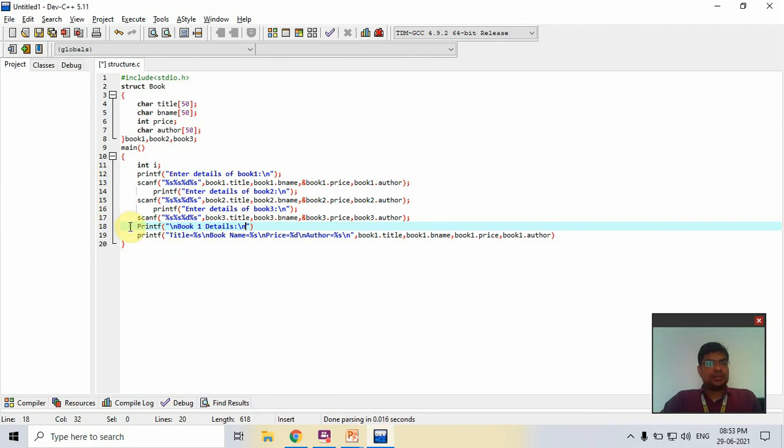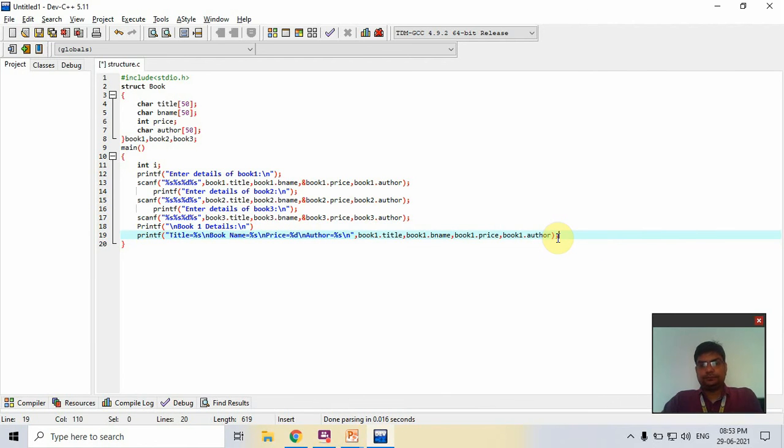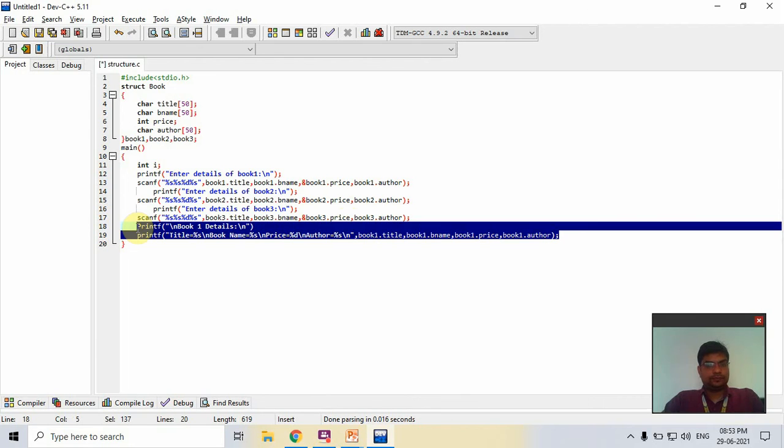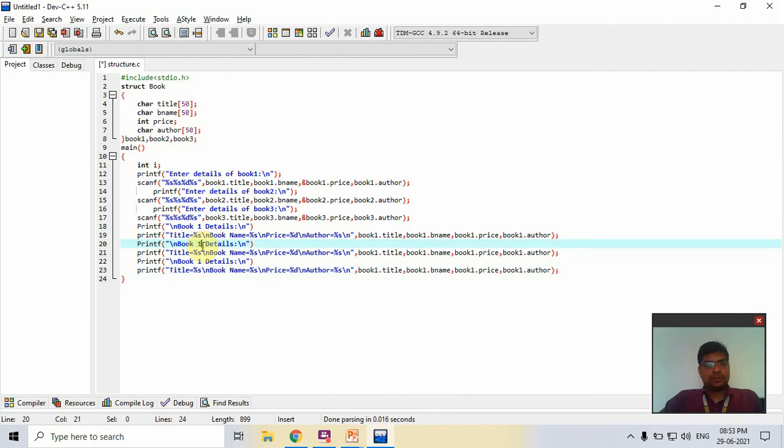Okay, now I'll copy this, and for book 2 and book 3, here also we convert book 2 and that is the book 3.